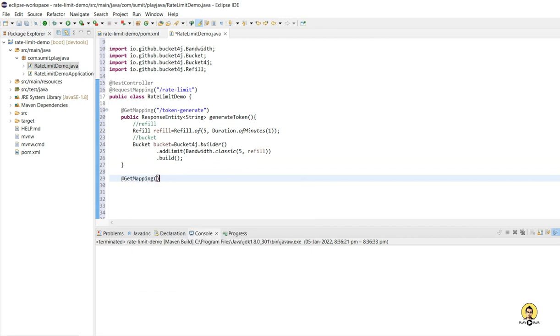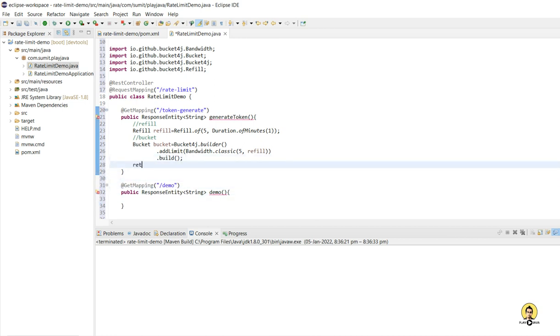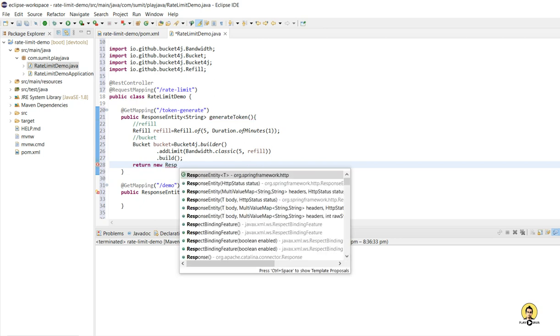So the second API which I am going to use will consume the tokens which we have provided in the bucket using bucket and refill. So I will just provide a public ResponseEntity. Again I will return the string only, and it will be a demo only, because just in this first part we are just creating a demo, and after the creation of the demo we will see the second part where we will see the pricing plans, that is how we can return the price to the customers.